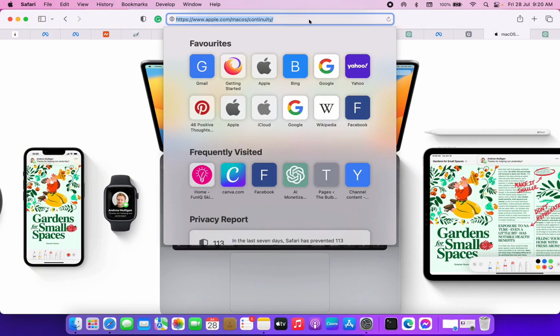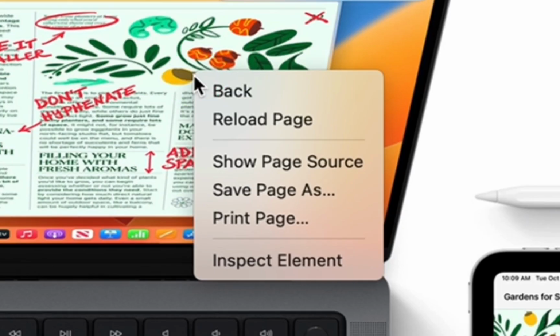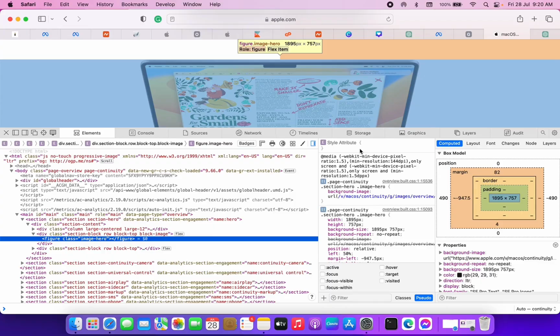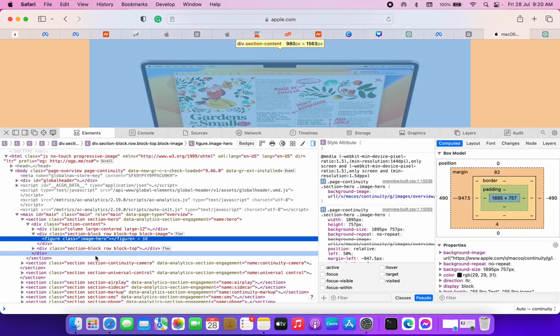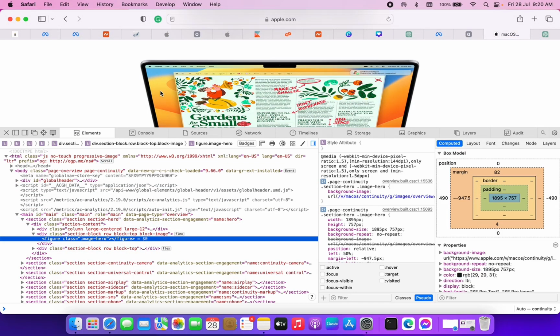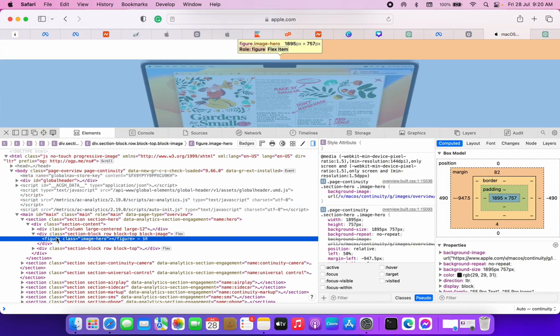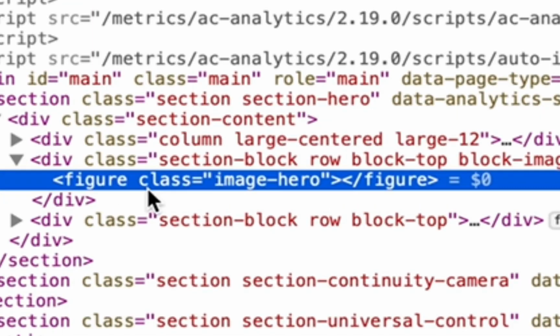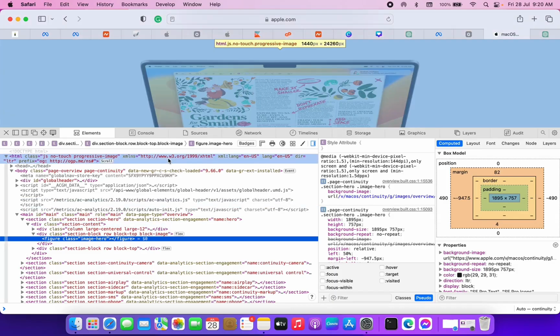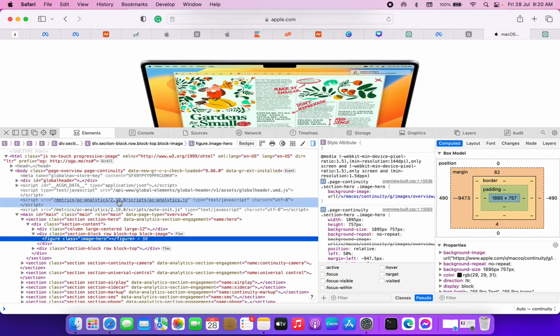I'm going to show you how to do it on Safari and on Chrome. So first of all, let's do Safari. You go to Inspect Element. When you go to Inspect Element, remember where you click on Inspect Element is on the image. Down here you can see, on this section, figure class image hero. So this image is the image used as the hero section of this website, and these are the styles, but